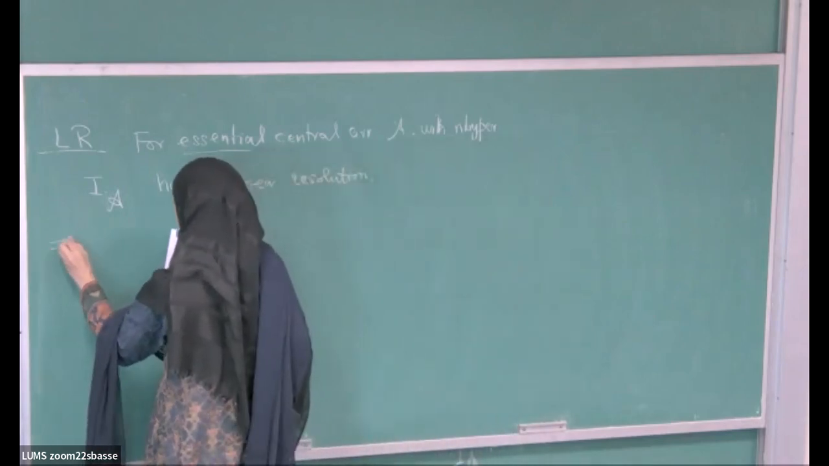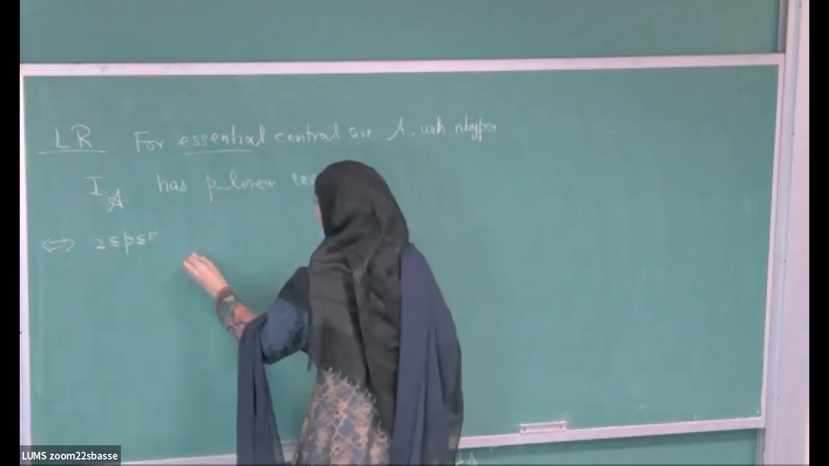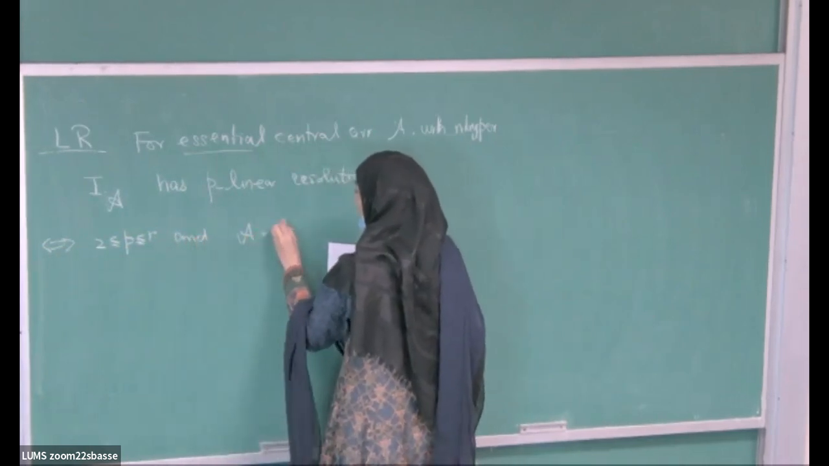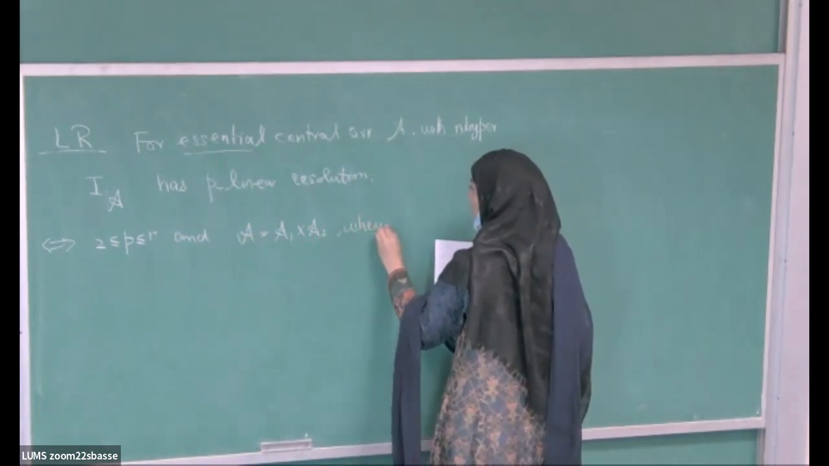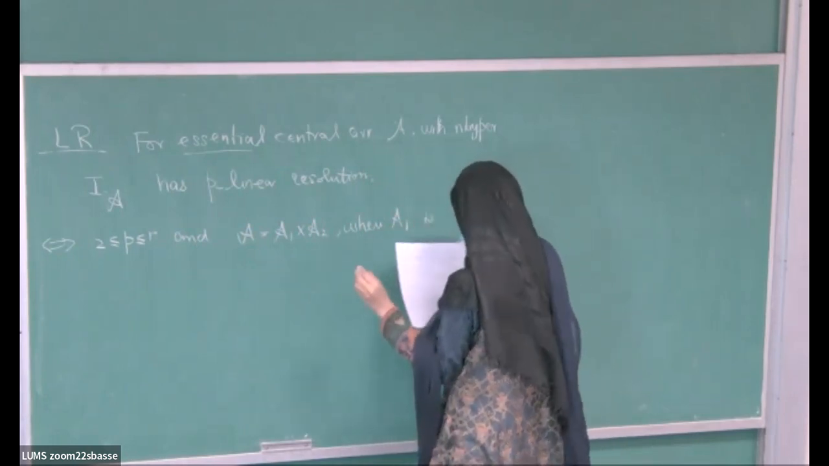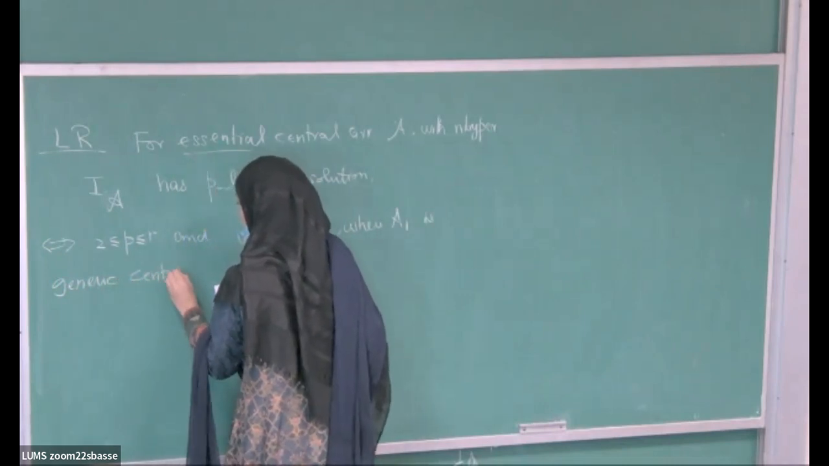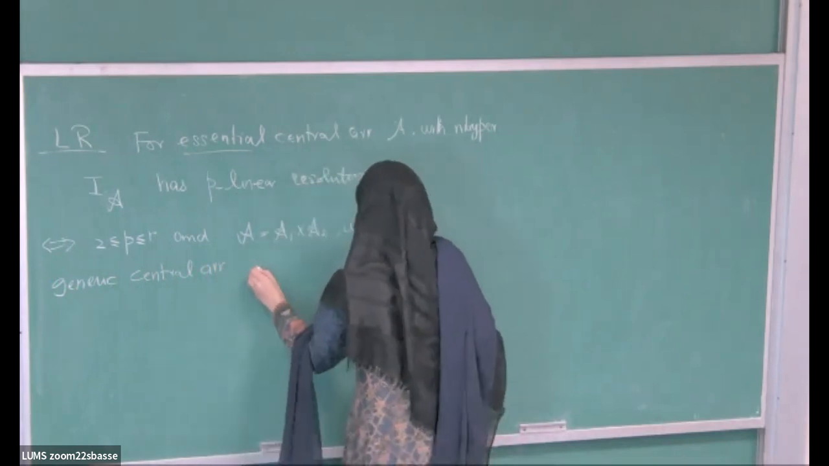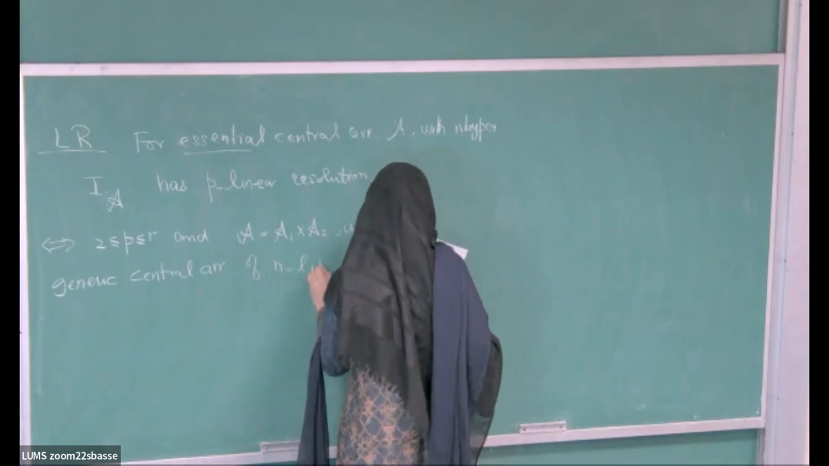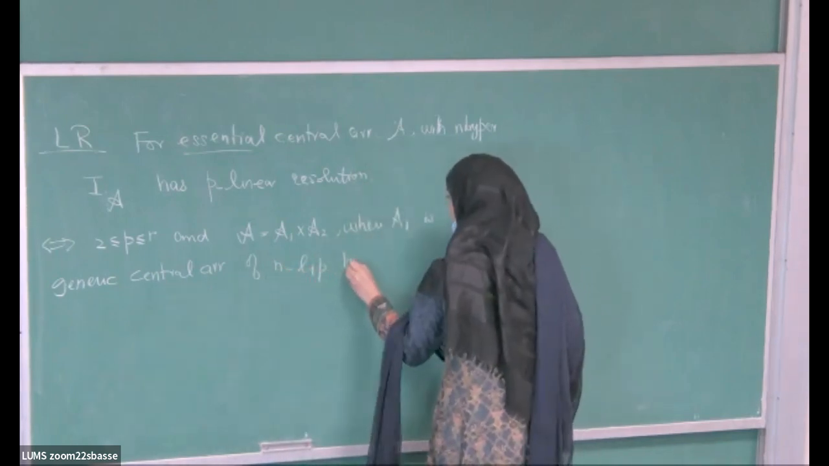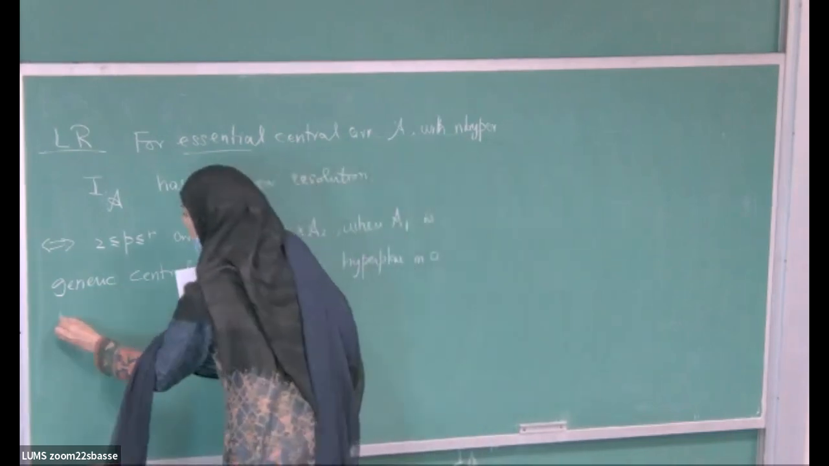if and only if, so here P cannot be 1, and A can be written as the product of two hyperplane arrangements where one is a generic central arrangement of n minus L plus P hyperplanes in a P-dimensional vector space. L is here the dimension or the rank,